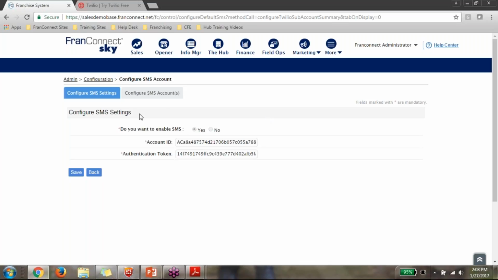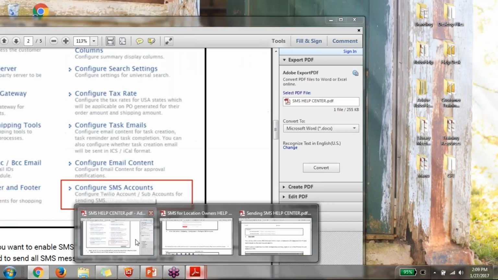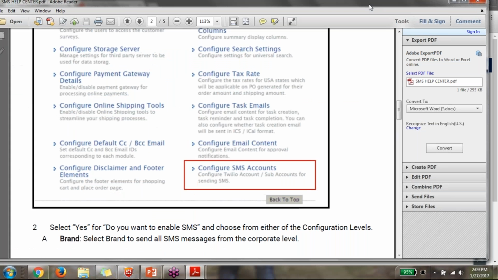Back in the system, once you have your account ID and authentication token, you'll be prompted to go and configure your SMS account. This is where you're going to go ahead, and of course at this point this is a brand account, and if we look at our instructions, I'll just pull up a quick screenshot to show you